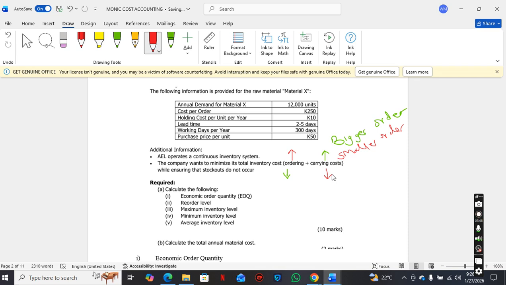And the more orders that you make, your ordering costs will be going up. But at the same time, I'm saying that the cost of